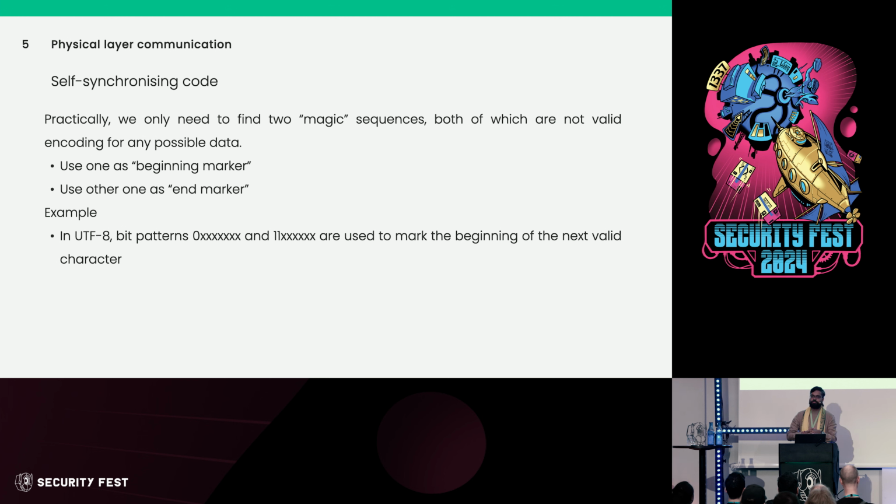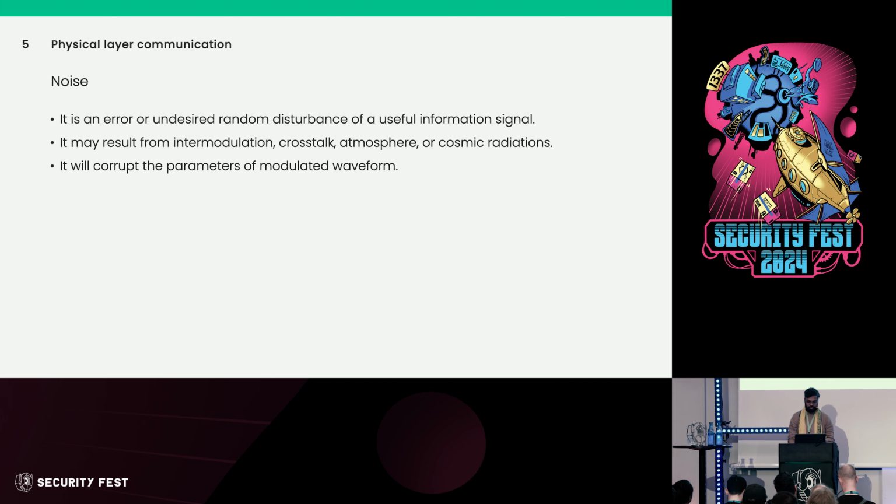If you want an example, probably you are familiar with Unicode. How many of you have dealt with Unicode? A lot of you. How many of you cried while dealing with Unicode? Many of you. And you cried because it is variable length encoding. You don't know whether you have to read only 1 byte or 4 bytes or maybe more than that. Correct? And for that, if you want to separate between glyphs, you have to rely on magic markers in UTF-8 as well, 2 of which are given here. These are used to denote that, okay, this is where one character boundary stops and the next character is going to start. So this is an example of self-synchronizing code.